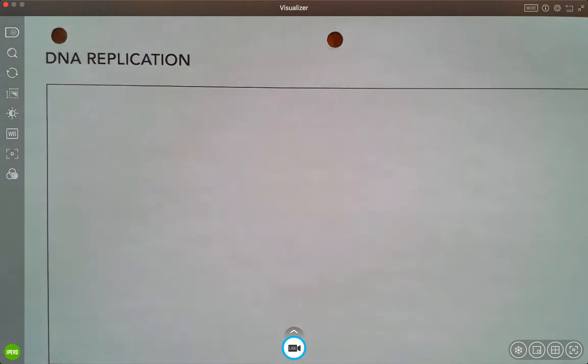Hi everyone. In this tutorial, we're going to draw a diagram that represents what happens in DNA replication. We've already gone over what semi-conservative replication is, and now we're looking at how exactly that replication is done and what kind of enzymes are involved. And similar to cellular respiration with all those diagrams, I think it is the best and the clearest to draw